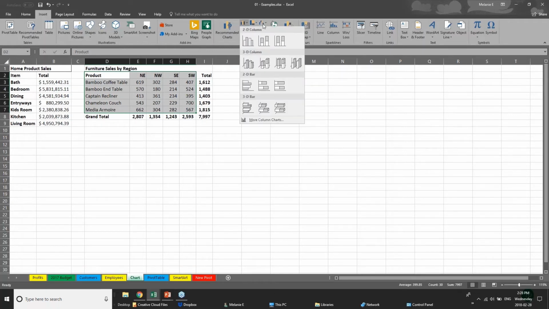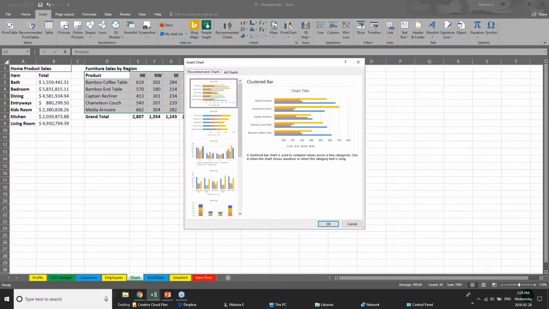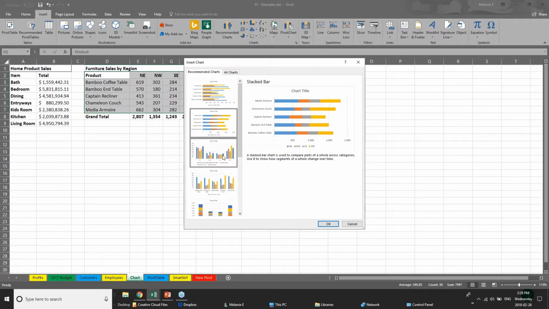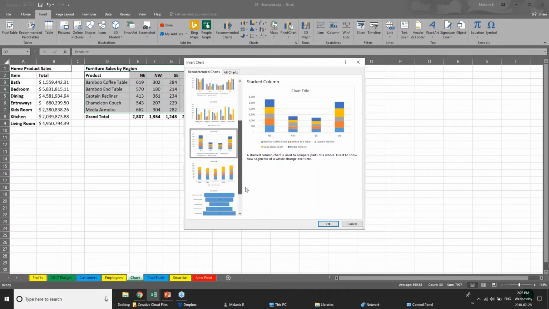There's bar charts, column charts, pie charts, whatever you'd like. But a feature new with 2016 is that Excel has this Recommended Charts. I love this because one of the most commonly asked questions is, what chart should I use to best show my data, because there are so many different charts? So the fact that it has some intelligence, it will kind of look at your data and